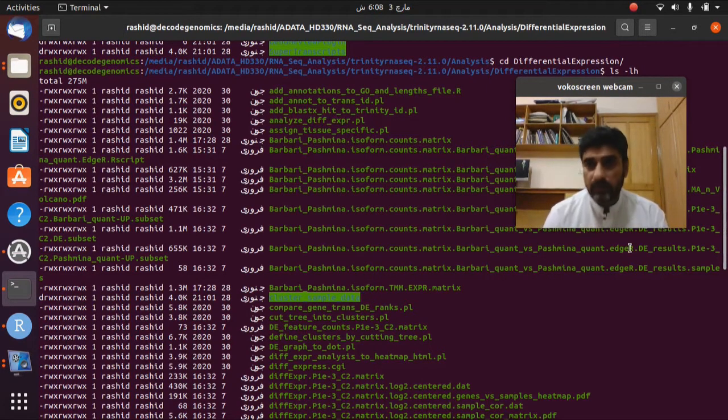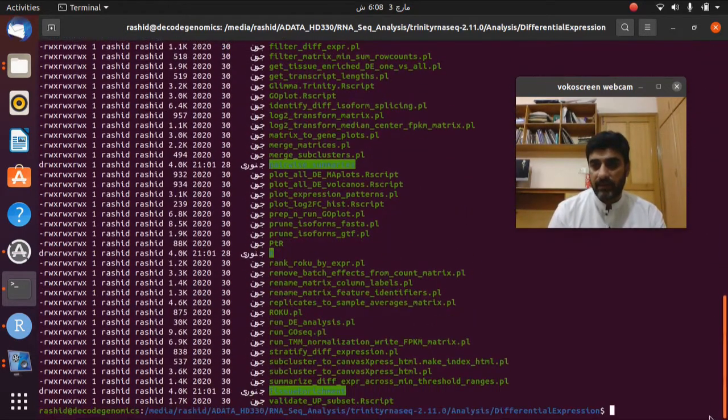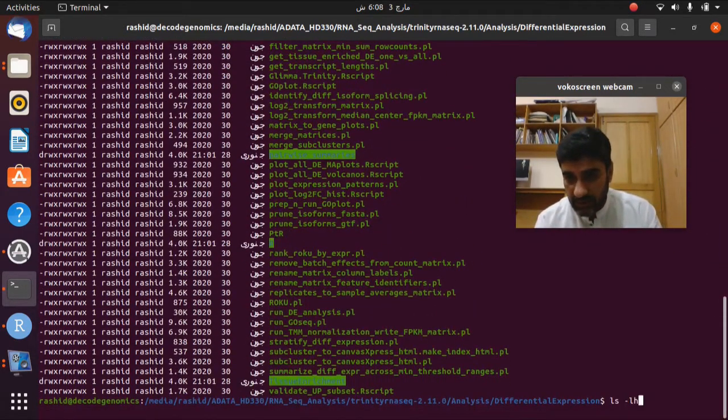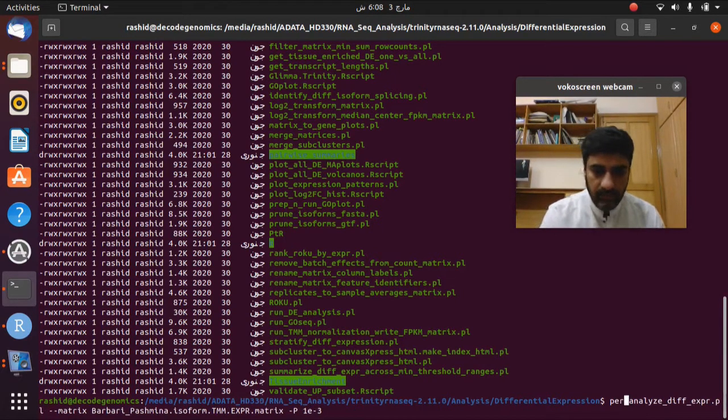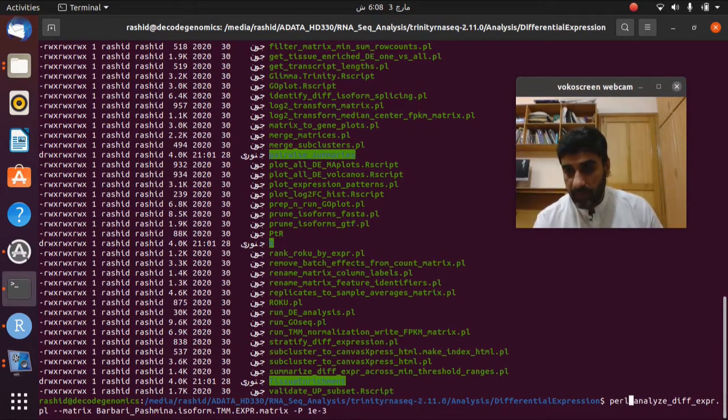So for this we have to write the command. I have already run this command, and let me show you, because this is a Perl command. So we will write perl, because we are using the Perl script, and this script is present in this folder.